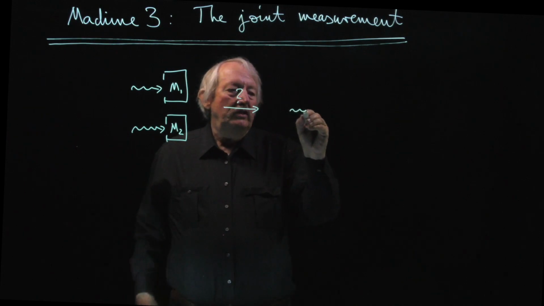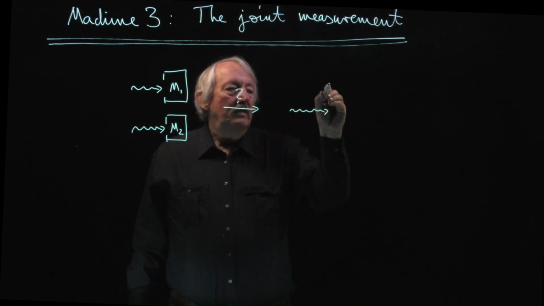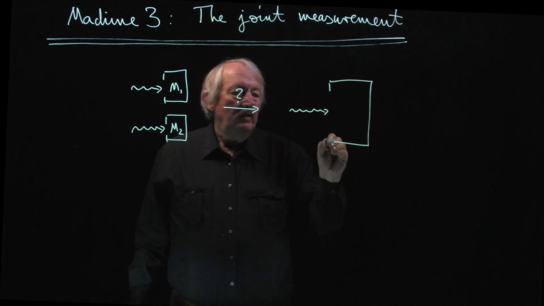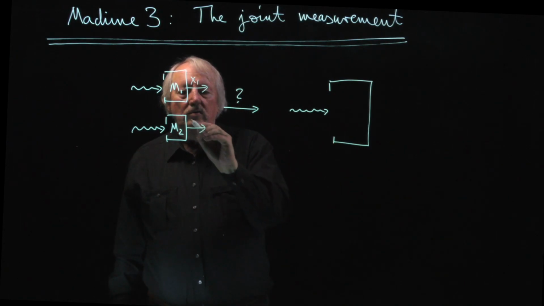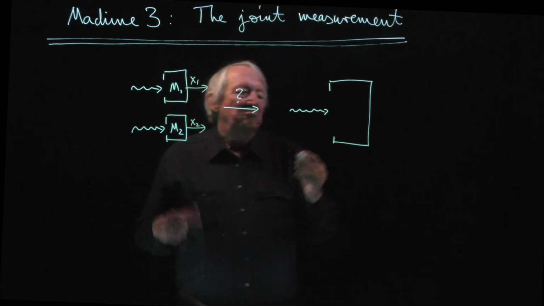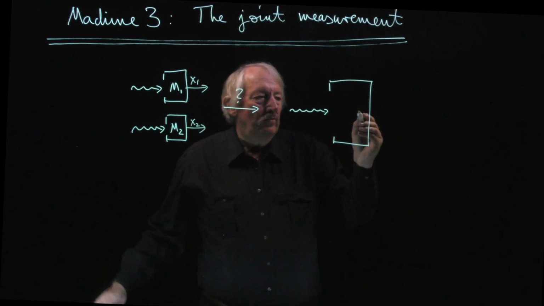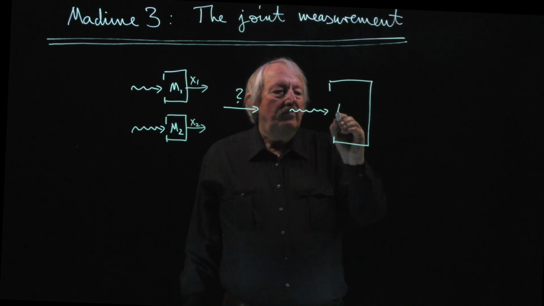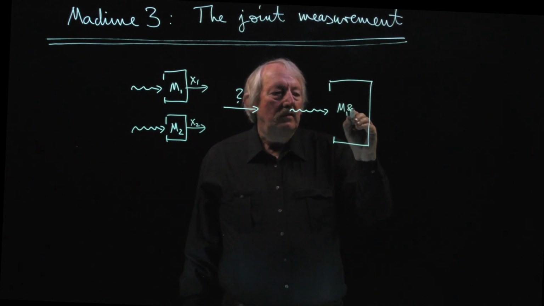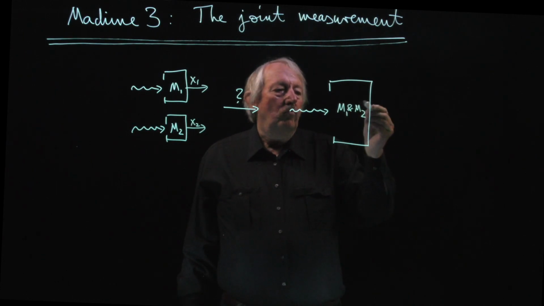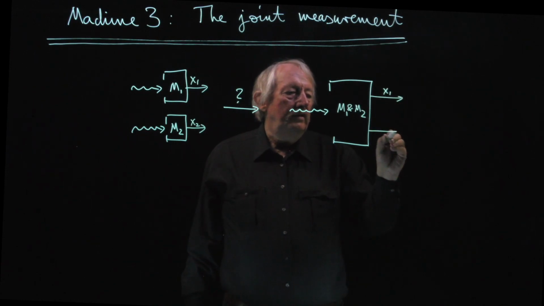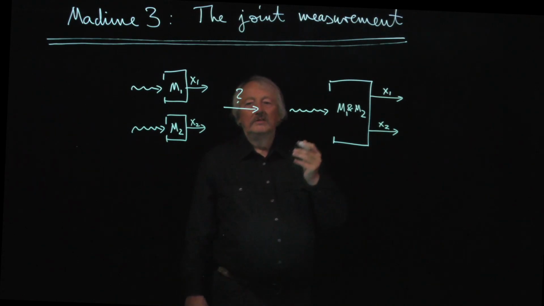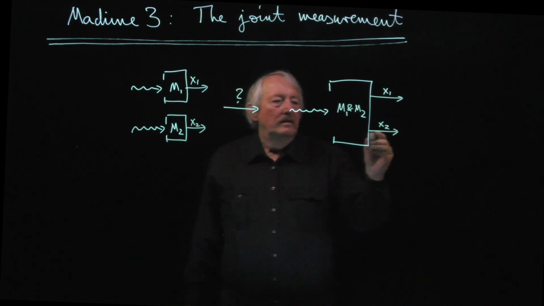You would have one machine, and it looks like this. It has, so let's say the output of this is called x1, and the output of this is called x2. Right? Could be different kinds of quantities. But now I have a joint measurement, which I call M1 and M2, which has two outputs, an X1 output and an X2 output. And what's the condition for that, right? Such that,